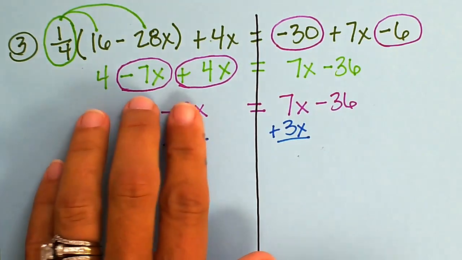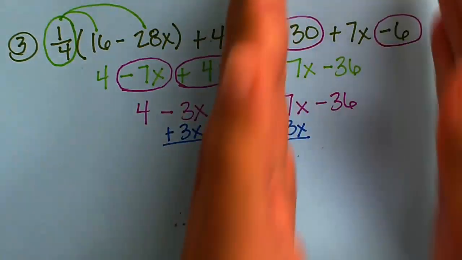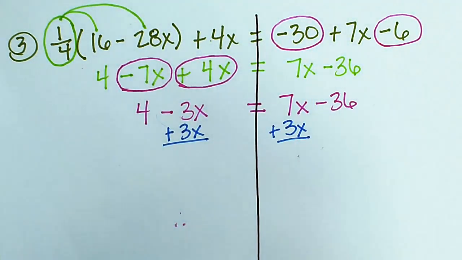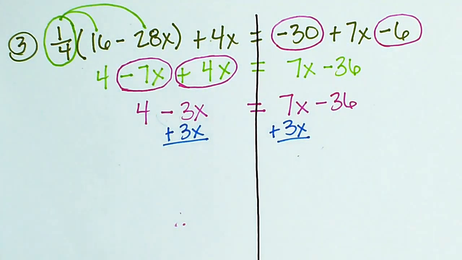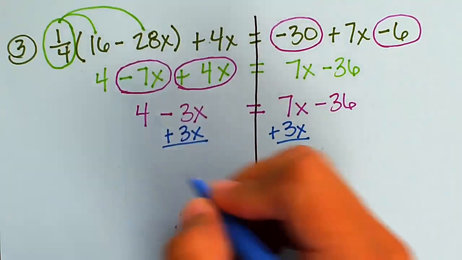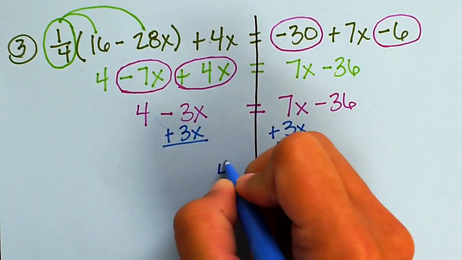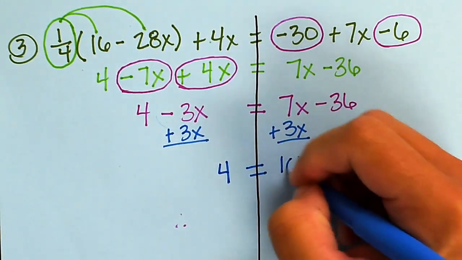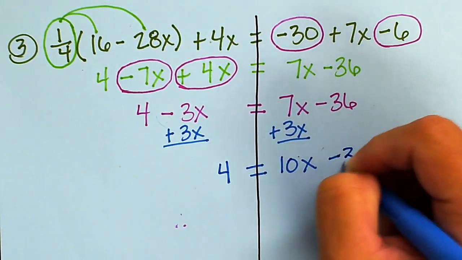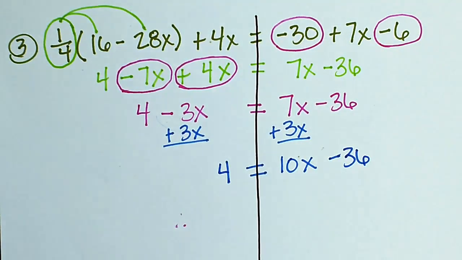So be careful. If you're just combining like terms and they're staying on the side of the equal sign that they were already on, then you do exactly what it says. If you're moving across the line, you change. Okay, so I end up with 0 here, so only 4 left on that side. 7x plus 3x is 10x minus 36. All right, it looks like I'm all simplified and all my variables are together, so we are ready to begin